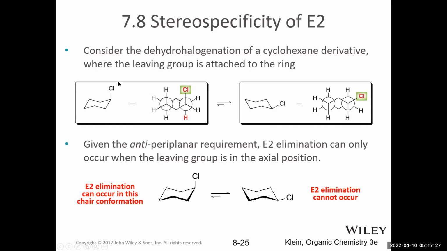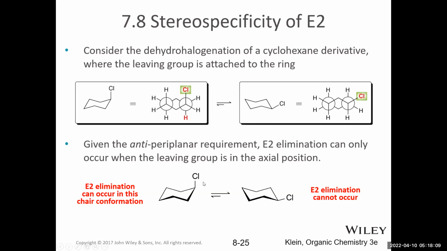Of course, this chair structure can do a ring flip. When it ring flips, the chlorine that is currently up and axial converts to up and equatorial. We can also look at the Newman projection where the chlorine is in an equatorial position. When it's in an equatorial position, the group that is opposite the leaving group is not a hydrogen. And as a result, elimination reactions cannot occur when the leaving group is equatorial, because those positions will always be blocked by carbon groups. Opposite them will never be a hydrogen.